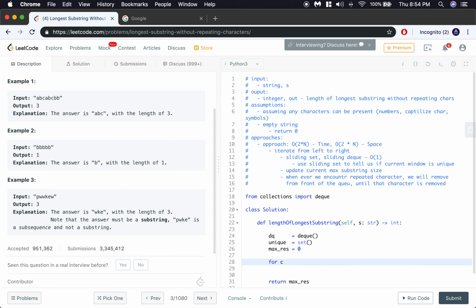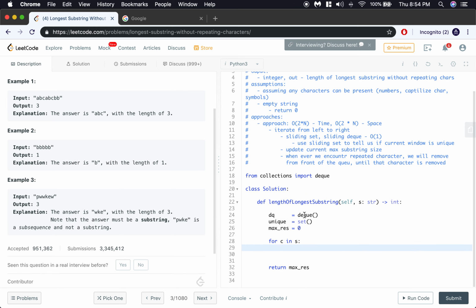So now we are going to iterate the string, so we can do for C in S. So for each character in the string, the first thing we'll do is, if for whatever reason this C is in unique, okay, let's call it seen. That's a better name. So if we have seen it before, then we will